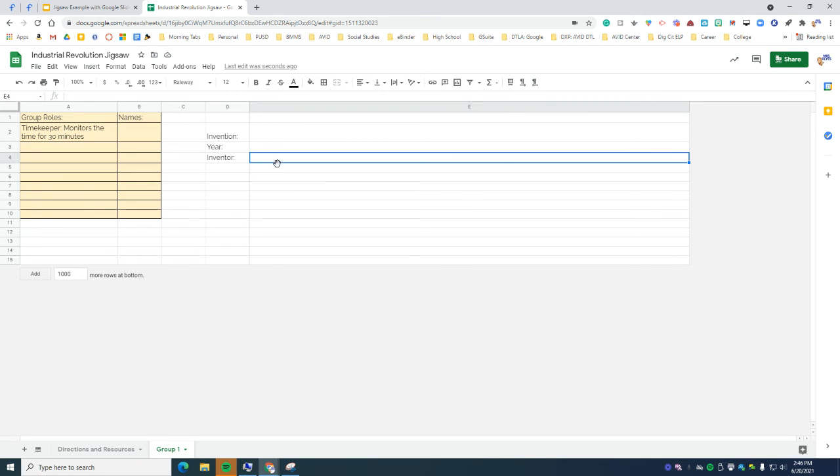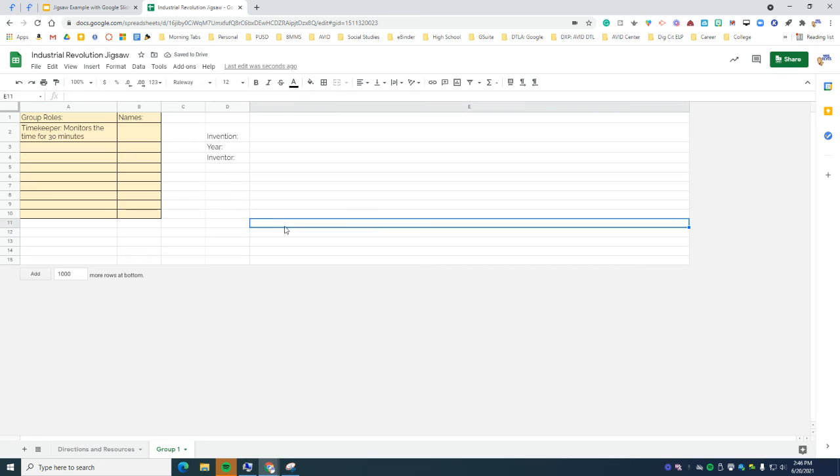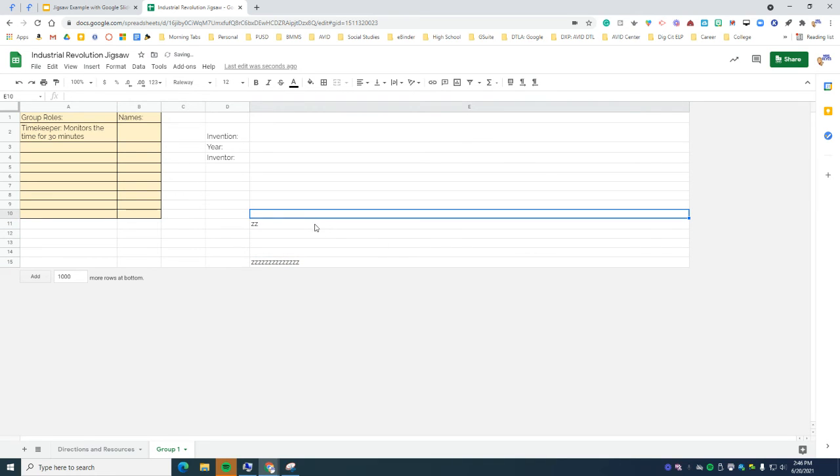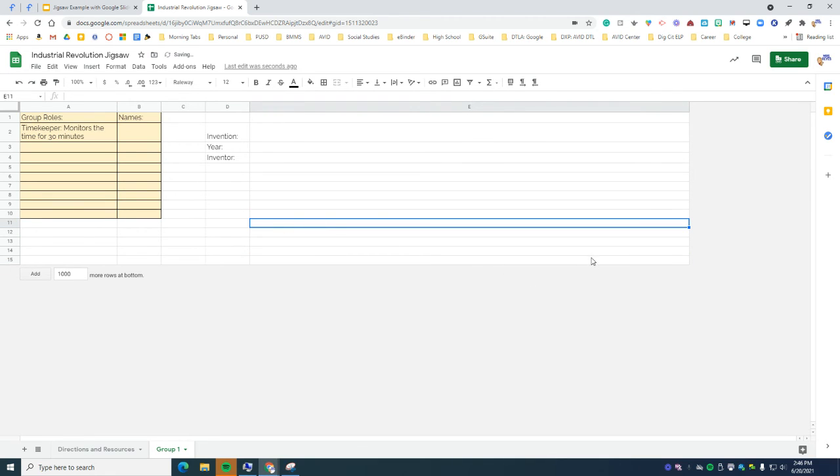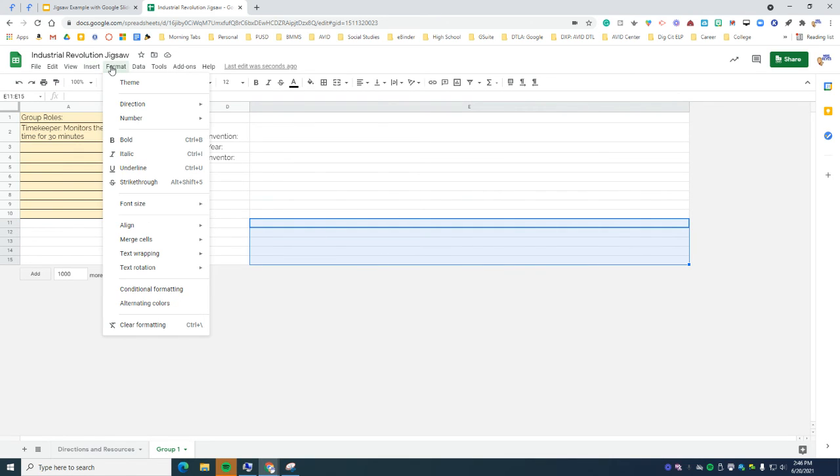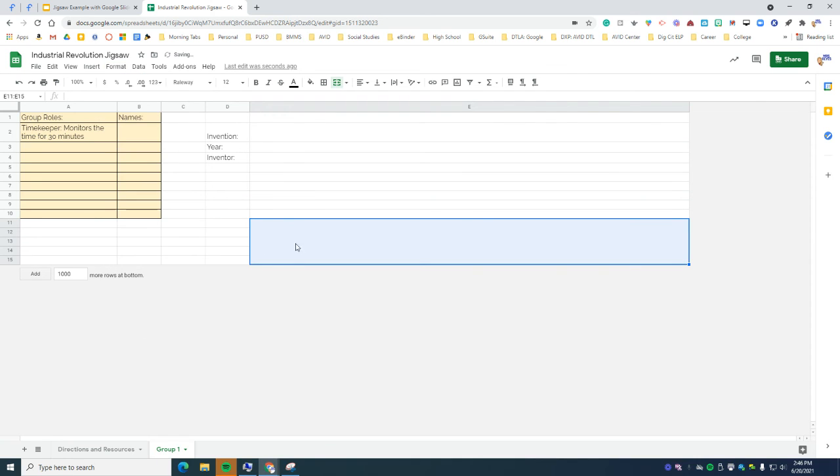Lastly, a final tip and trick is you can definitely make these merge. So say you wanted to have more white space. All of these, you can go to Format, you can merge the cells, and you can merge all of these,